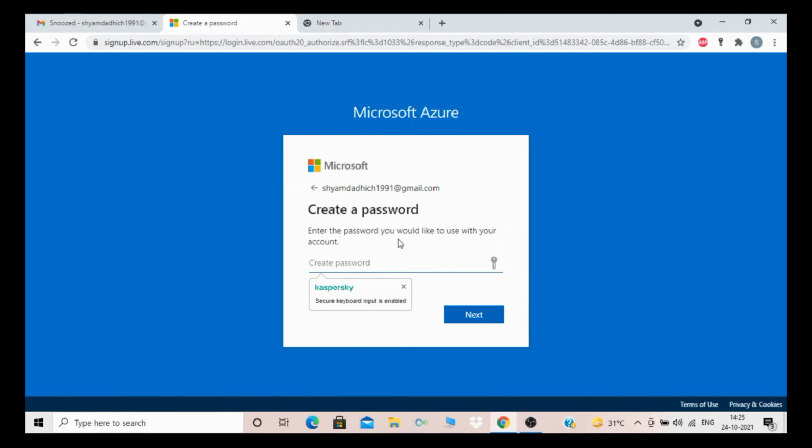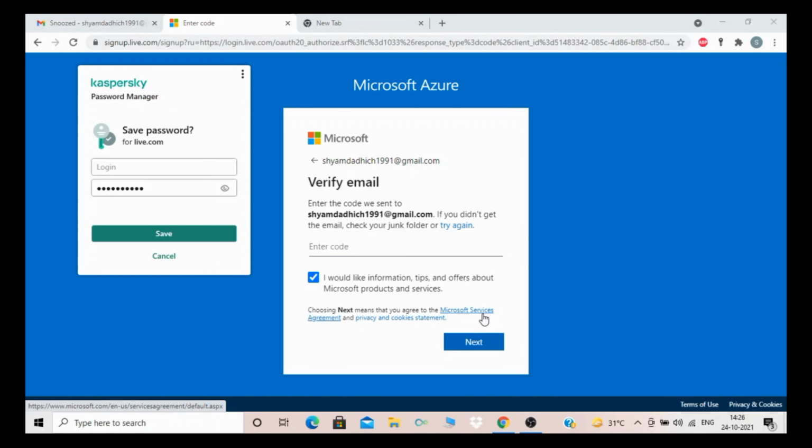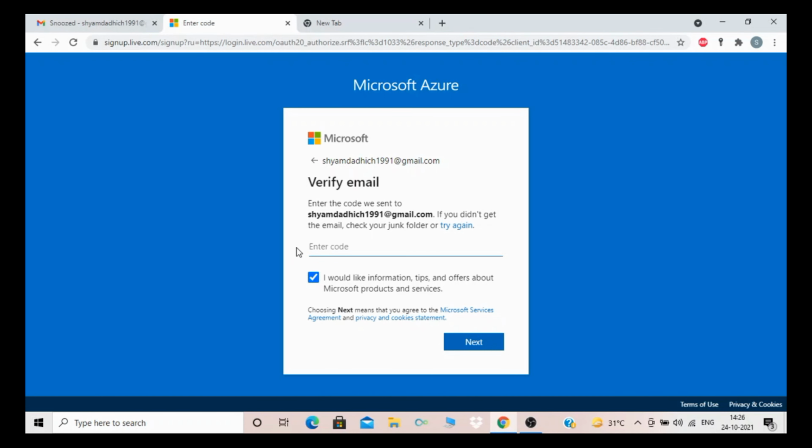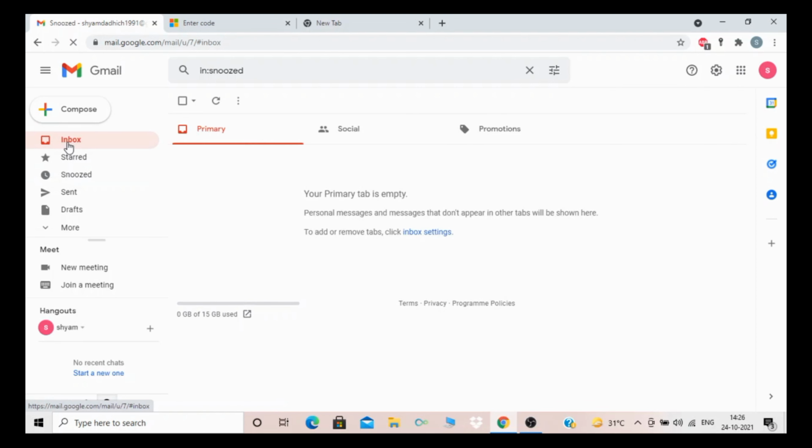Once you have done that, you need to enter a password. So create your password, as I am creating for myself. Just create a password. They will send you a code. For that, go to your email address and check, they will send you a mail.